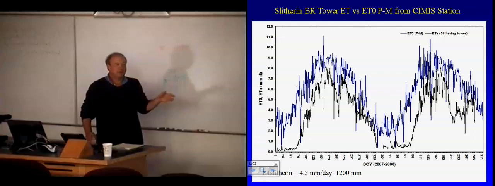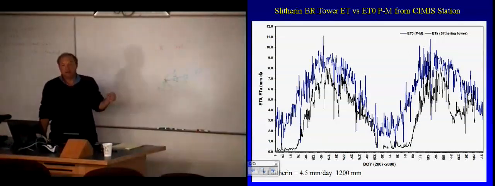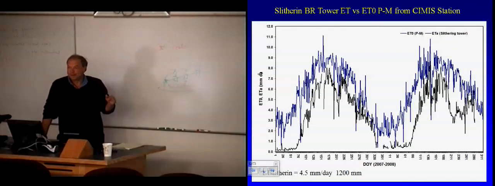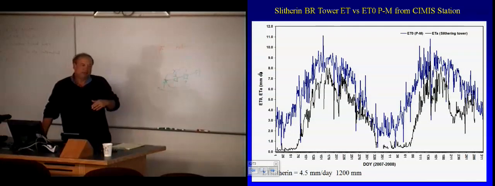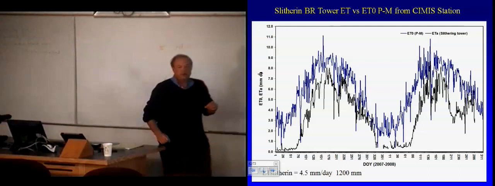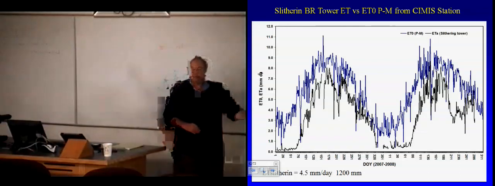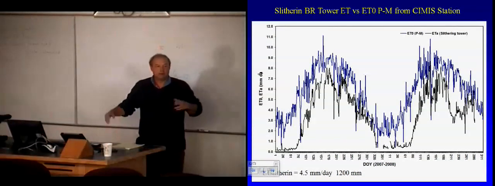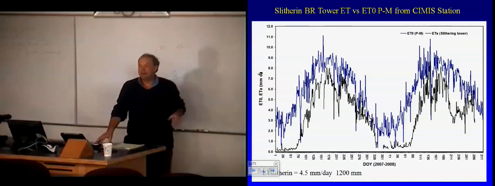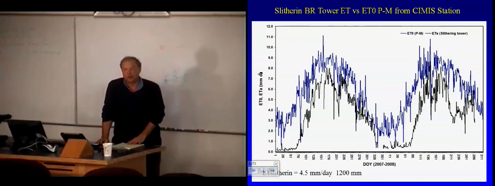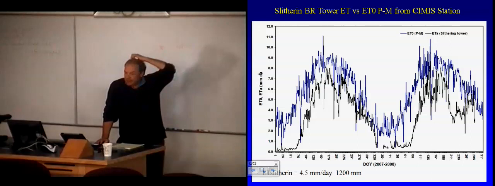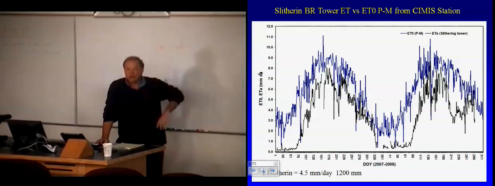Okay, and if you subtract this from this, you get a curve like this. And if you do it on a monthly basis, you'll see that many parts of the year the groundwater system is contributing to the river. Okay, and then in the wintertime, the river is contributing